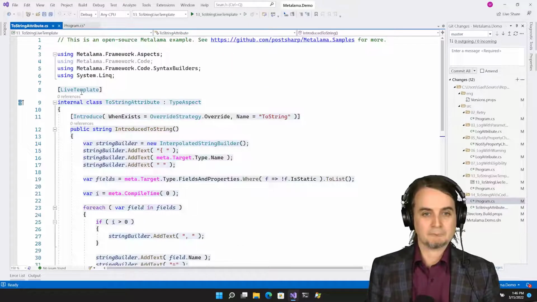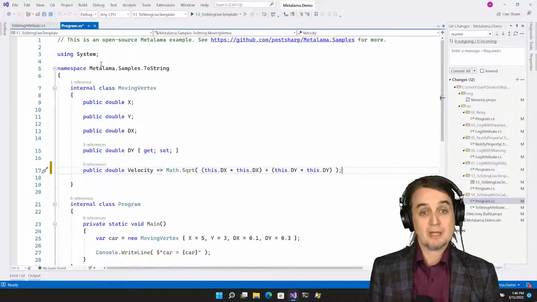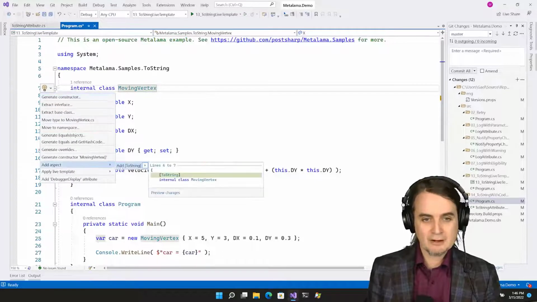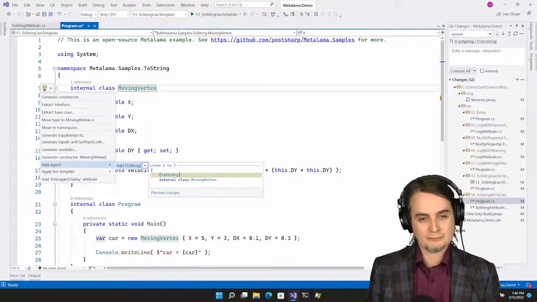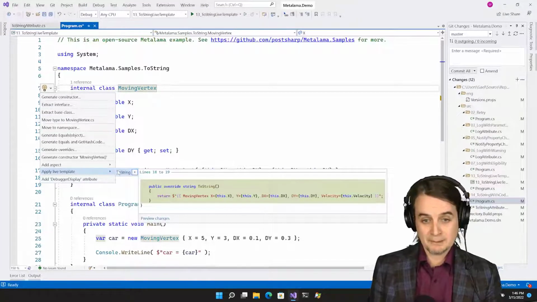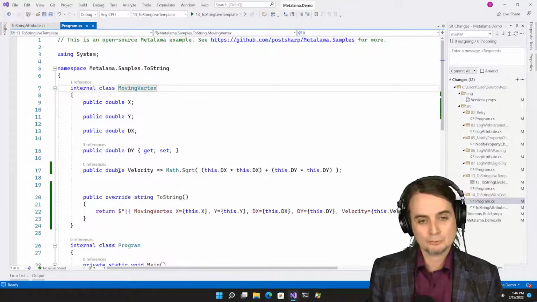And yeah, the important thing is that I mark the aspect class with the live template custom attribute. And what this does, additionally to offering to add the aspect as a custom attribute, it also offers to add the aspect as a live template. That means that the aspect would be applied directly to source code.